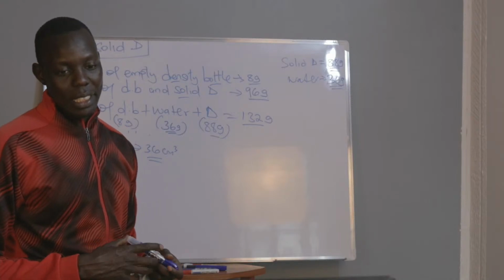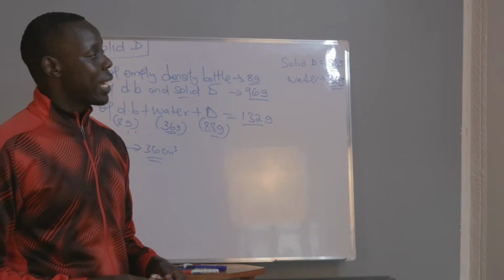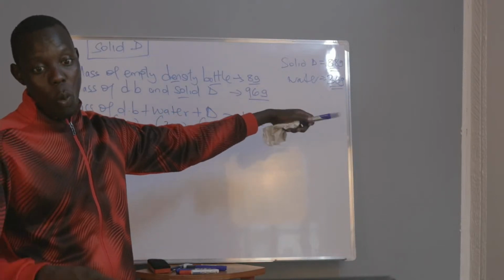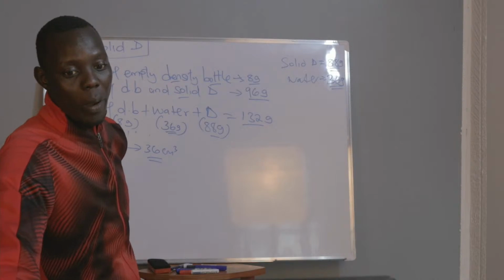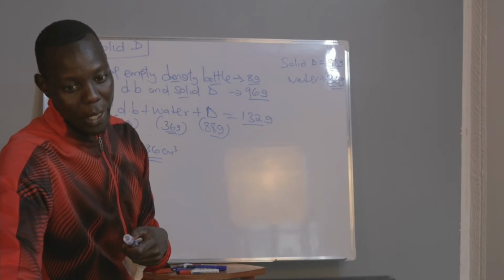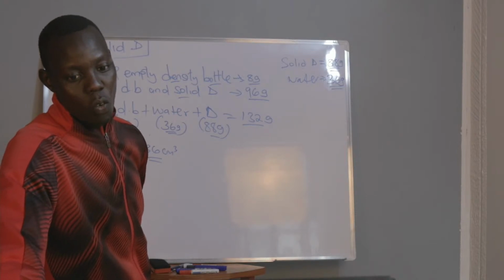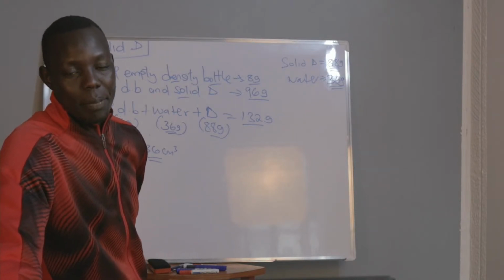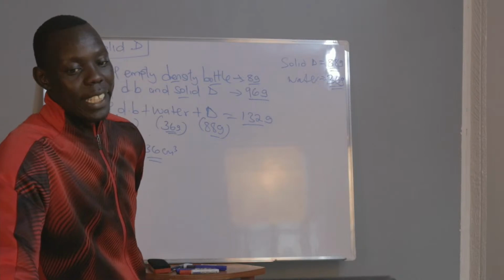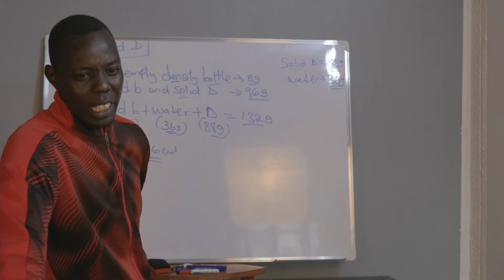The question has already given us the wrong thing, because the information by the mass of water comes at 80 grams, at the same time, the mass of water comes at 6 grams. So if you work with what it has given us over there, it's going to be 0.08. So 80 grams of water, I may find the kilogram, 0.080 kilogram. Then the volume of water, when you have the mass of water, you can easily get the volume of water. It is the same. 80 grams, then the volume is going to be 80 centimeters cubic, or you can convert it into meters cubic. Then the volume of the density bottle.